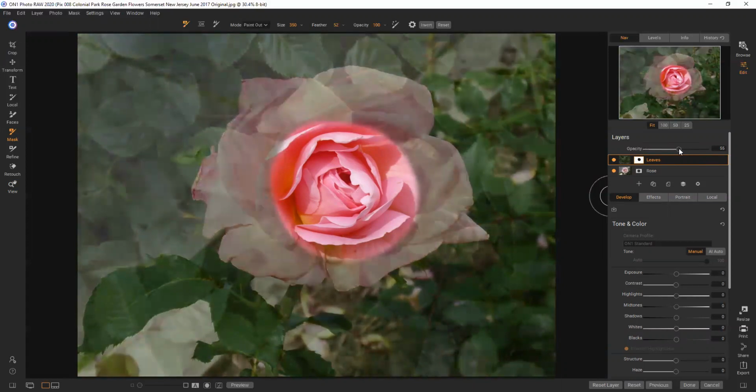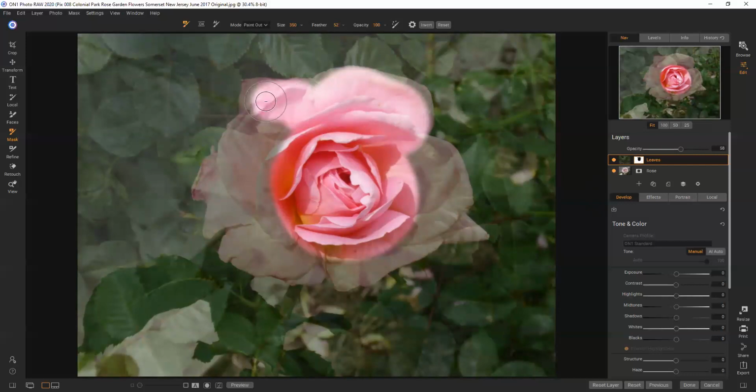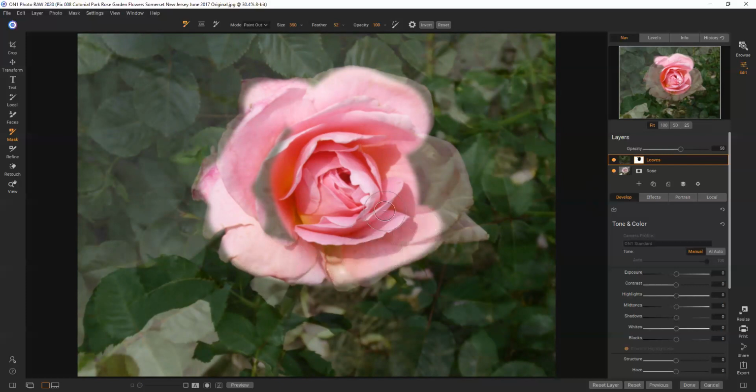So if I go somewhere in the middle here, not only do I still see the leaves, but I also see the edges of the rose. So now if I continue to do my masking, I can go pretty close to the edge of the rose without spilling over into the leaves. And if I continue all the way around, getting close to the edge without going onto the leaves,